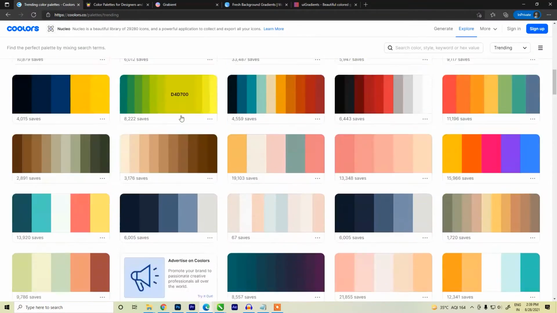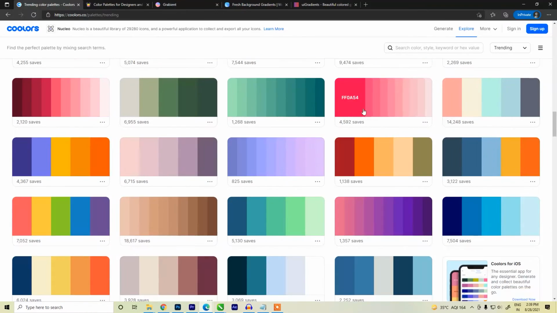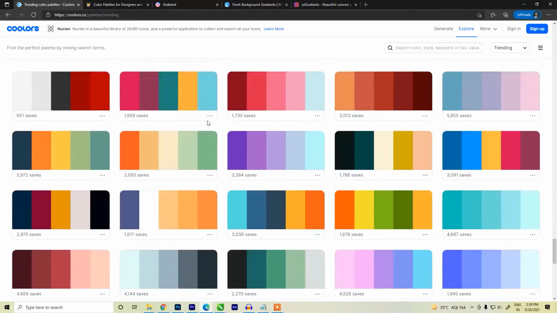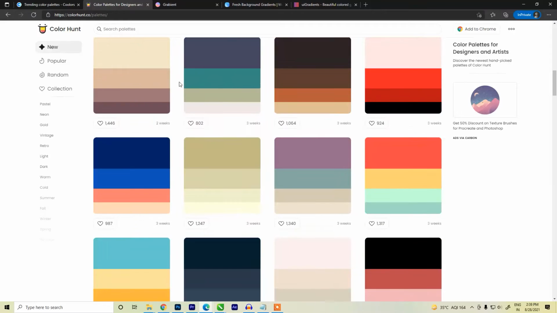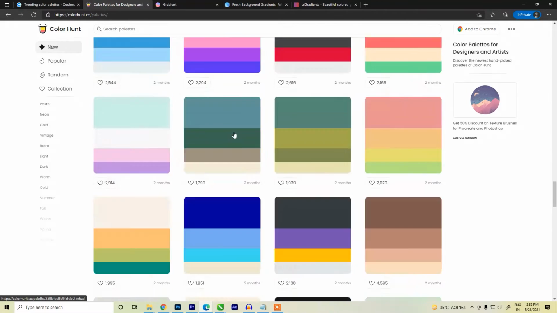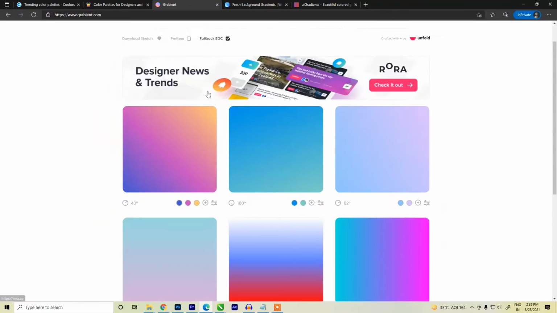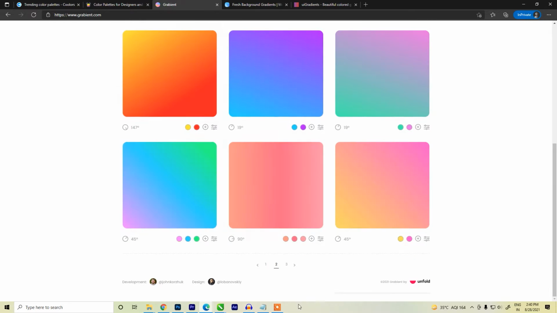But it is nearly impossible for us to pick every color and try it, keep trying it. So what is better that we go to any such website which show us colors, which show us color combinations, color palettes and gradients, and then it becomes easy for us to visualize how that color is going to work, how that particular color is syncing with the other colors.